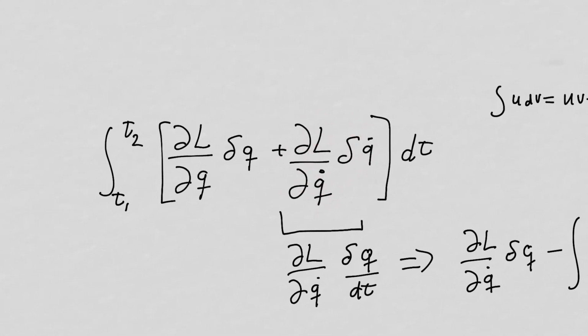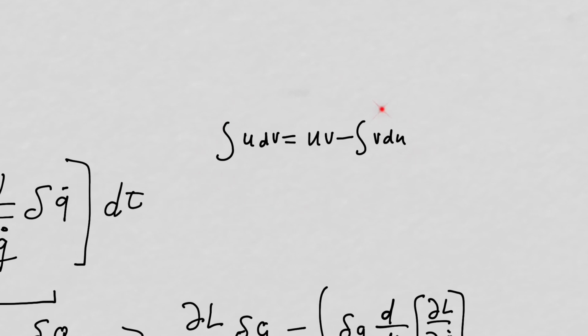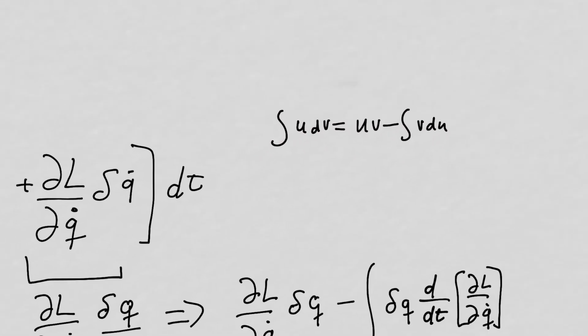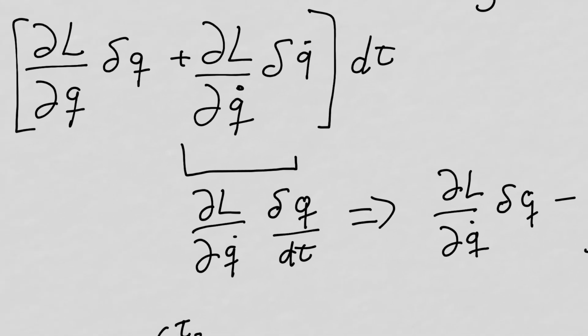What we're going to do is use integration by parts. This is the integration by parts formula. It's got to sit in your head; I scribbled it down here to remember how to do it so I could show you. The integral of u dv equals uv minus the integral of v du. With integration by parts, it's always a matter of figuring out what's u, what's v, what's du, and what's dv. In this case, we're going to say u is this function, dL by dq dot, and dv is this function,